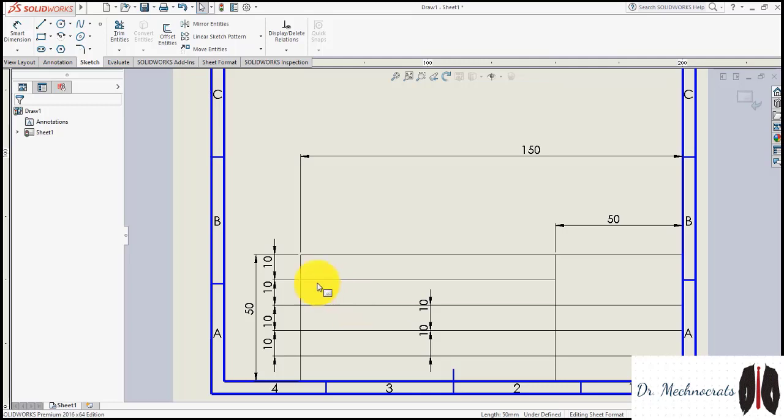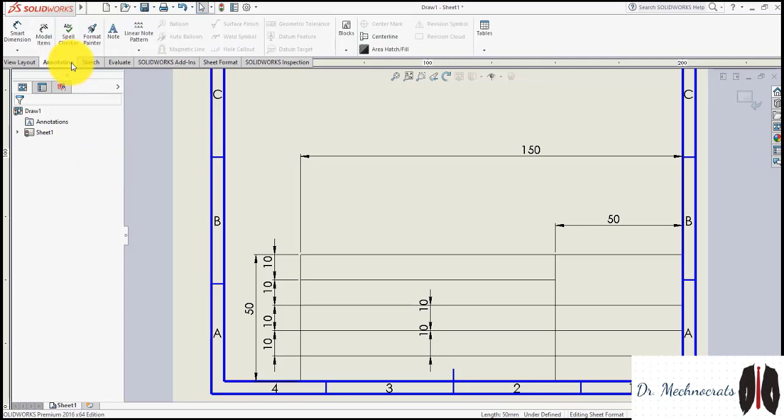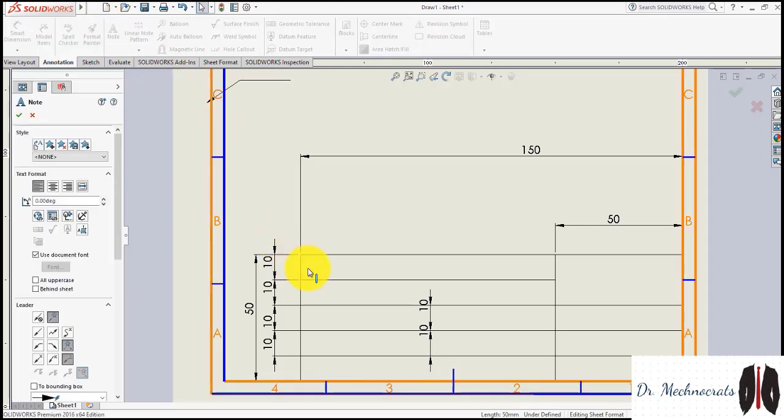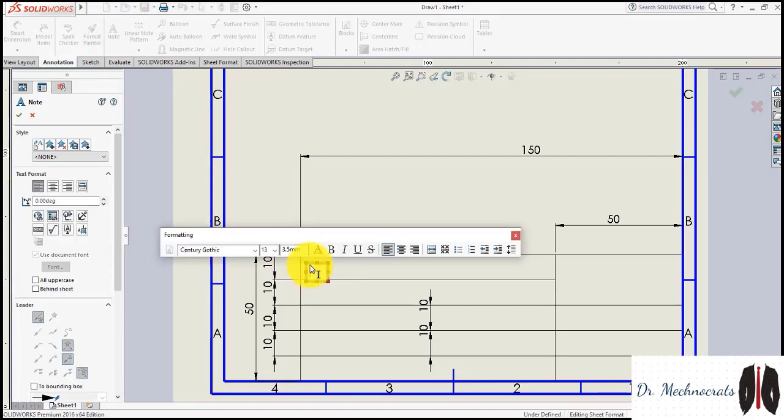But for writing or providing some text to the sheet, we have to use the notation command. In the notations, choose this note command, right, which is represented by the A alphabet. Place it over the sheet where you want to write. Just click there. Right. Here you have to mention your name. Okay. You can modify the text.